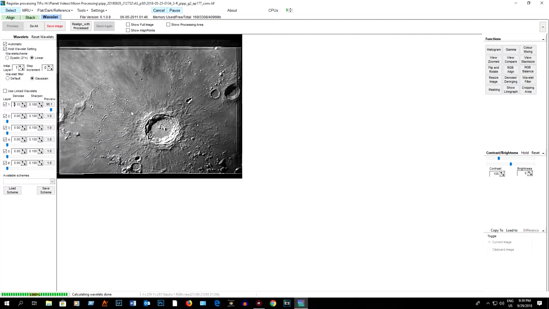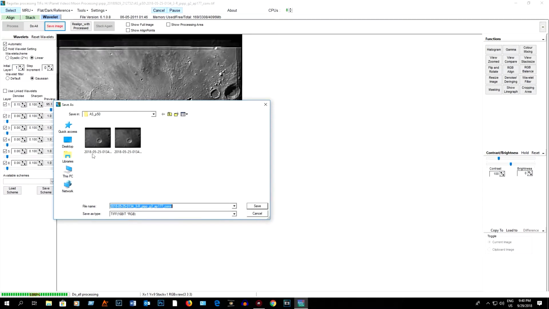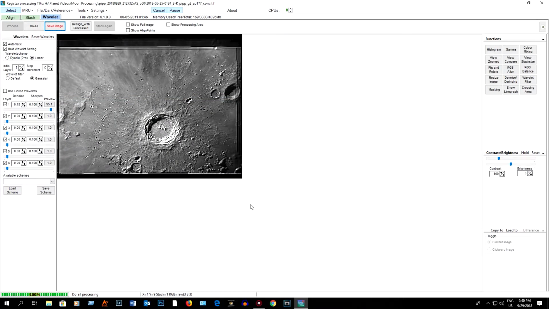Okay, so that, yeah, using the Registax improved it vastly, like a lot. That looks really cool. Alright, so now what we'll do is select Do All. Okay, and then save the image. Right, so I'll save it in the same folder. So let's call this, save it as a TIFF, and Moon 1 should be good, and just hit save. Okay, so now that it's saved it, let's go over here to